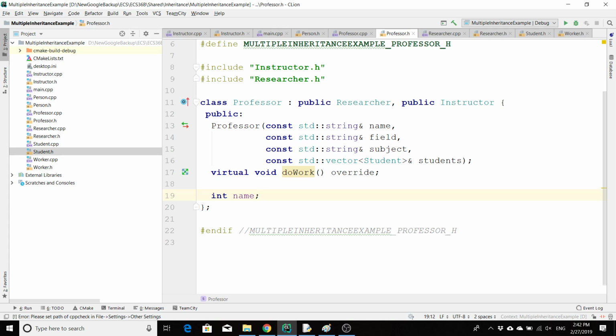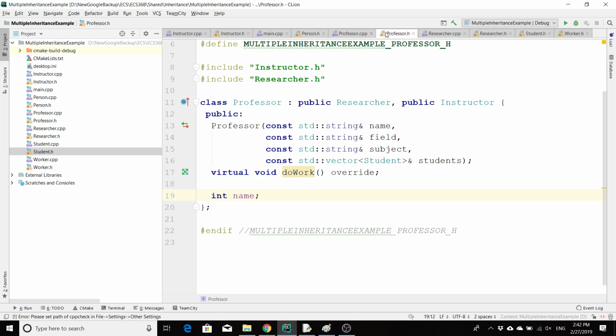But now I have the researcher name, I have my instructor name, and I have my new integer called name. So you probably could do something like professor : or